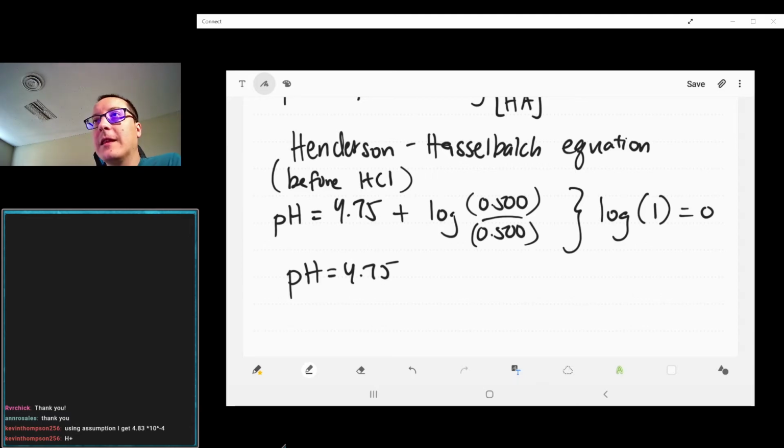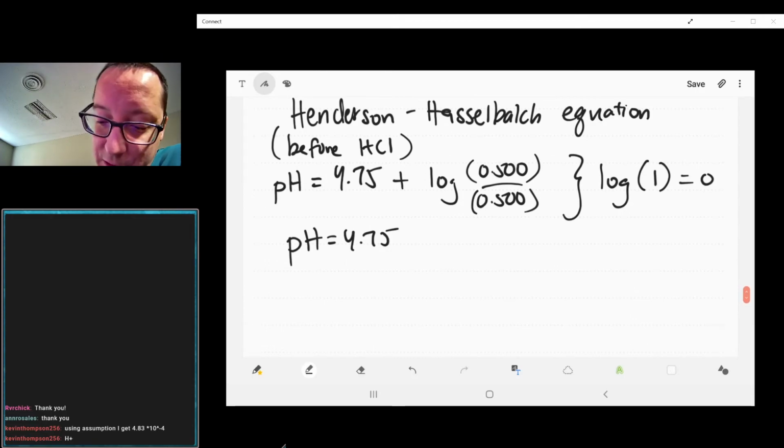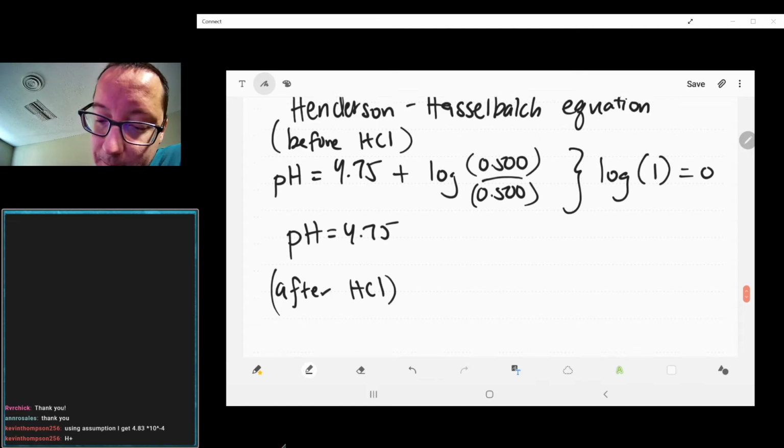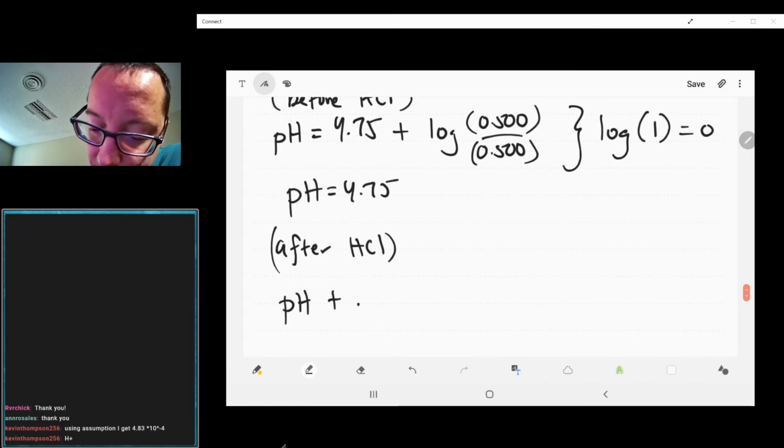So let's see what happens to the pH after we add the HCl. If we have the same equation,